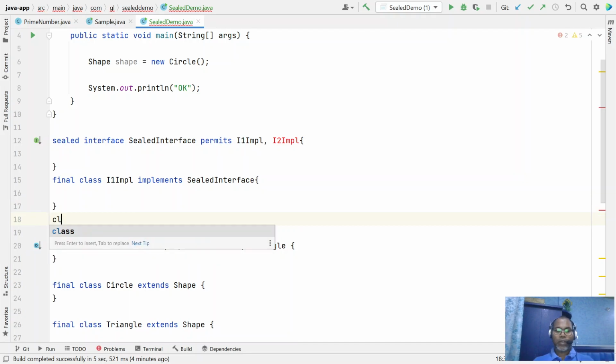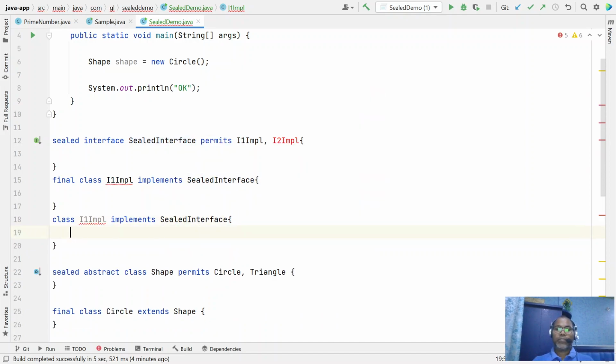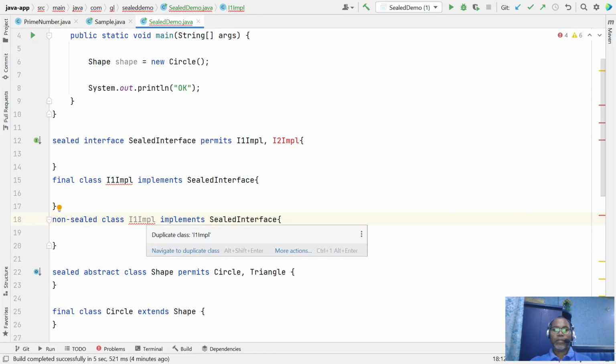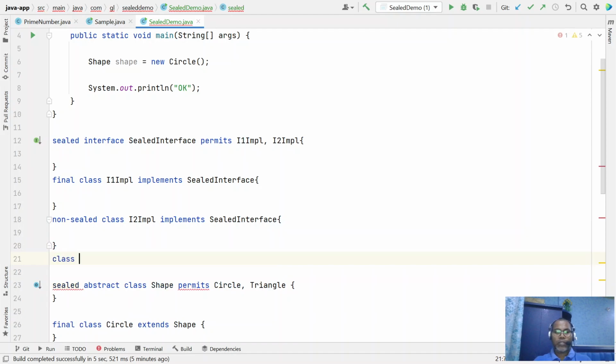So here you can write a class Implementation2 that implements the sealed interface, and here you can mark it, let's say, non-sealed. Non-sealed means this class can again have a subclass. Let's say class Sub can extend this class.